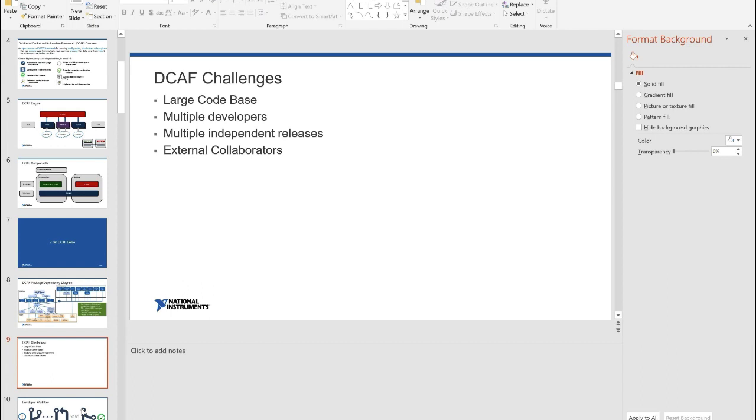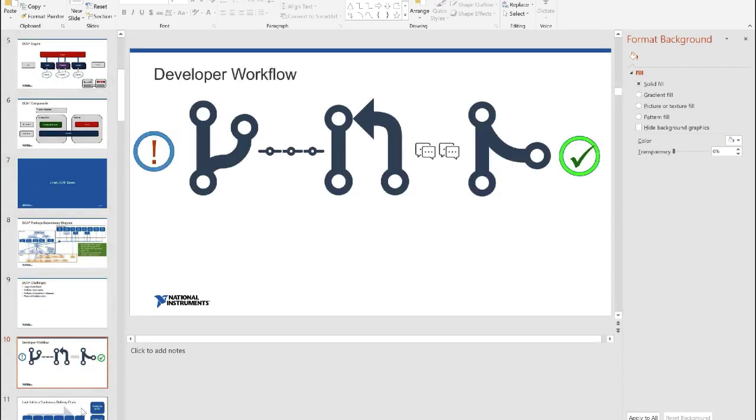And also we have external collaborators, so it's not like, well, when Matt is doing something, I know what he's doing next to me and I can make sure he's running the code. If someone that is not there submits code, I have to make sure that the code is going to run and that it will collaborate with everything. So it goes a little bit into how our developers work.